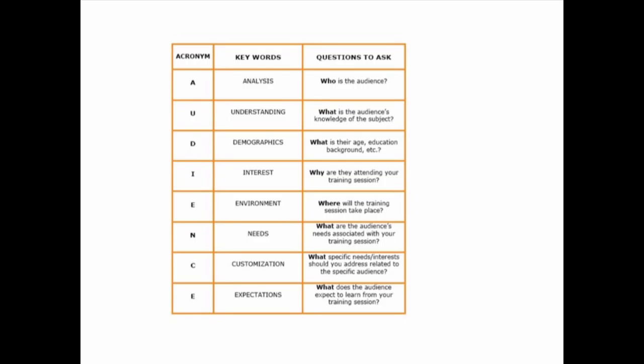Okay, so when I was teaching professional communication, we came up with, well, this has been out there forever, but this is something we talked about, is breaking down what do we look for in that audience. We're going to focus predominantly on the demographics and understanding, but all of these things come into play. And Calvin, this is probably something you may have even seen teaching in the business department, because this is focused more on sales and trainings and whatnot. So the first thing we want to figure out is, who is that audience? College students. That's who we're talking about, let's say, since most of us talked about college students.